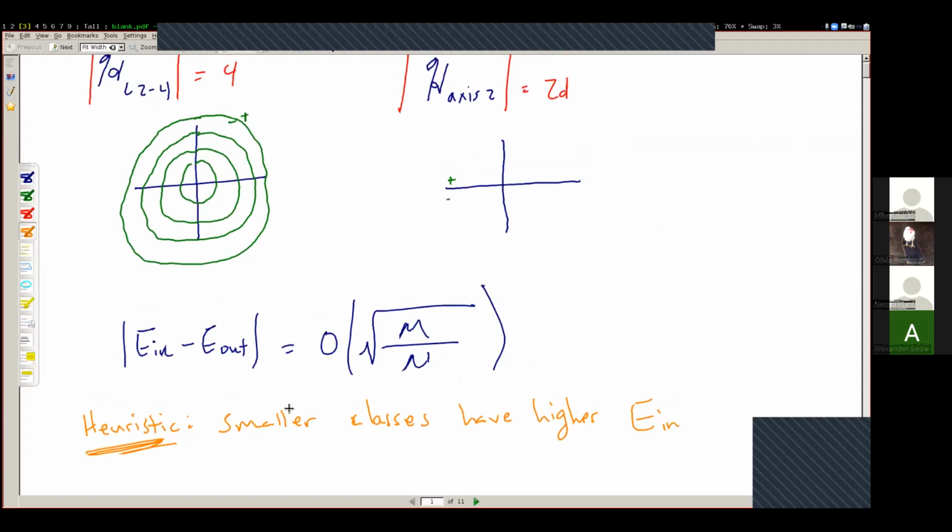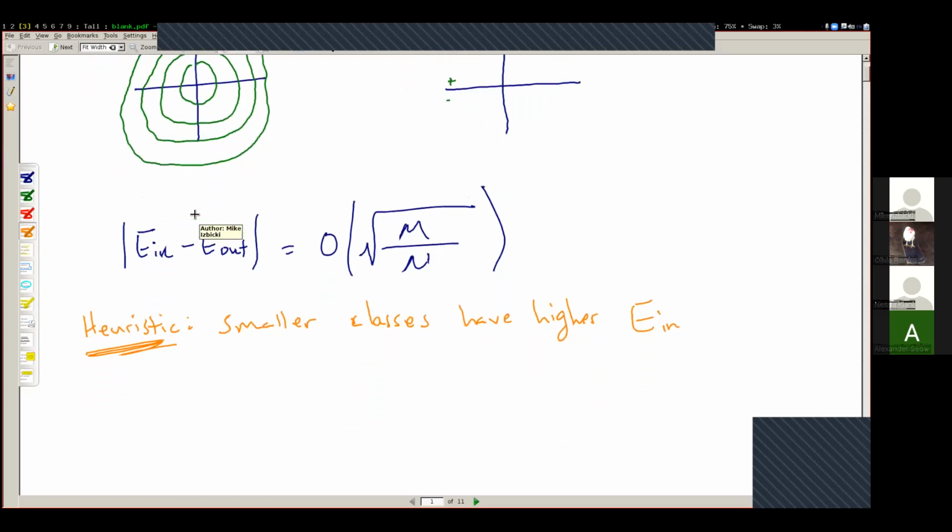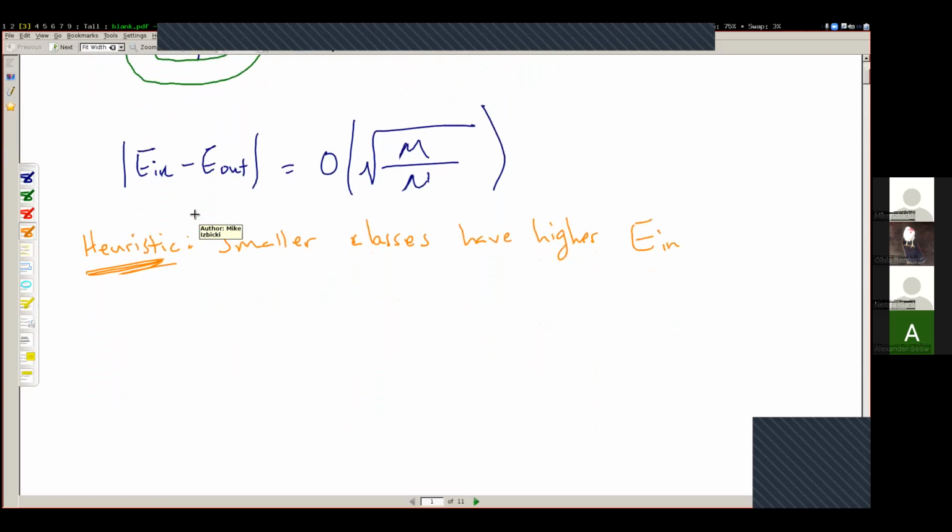And what I'm going to do is create two data sets now. One data set will be custom designed just so that it works well on this hypothesis class and fails on this hypothesis class. And the other data set will be designed to work well on this hypothesis class and fail on this hypothesis. And so we'll be actually providing a counterexample to this problem showing that it must be false. So the two data sets that we'll consider here are,